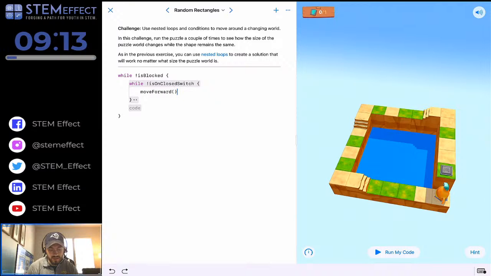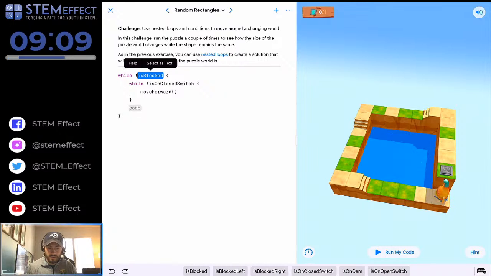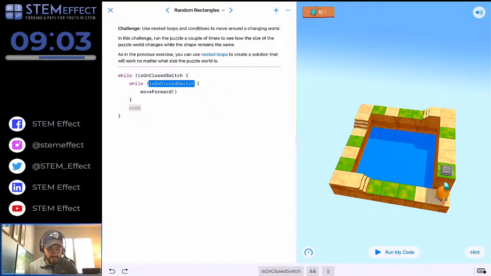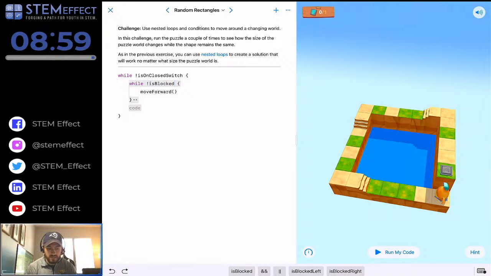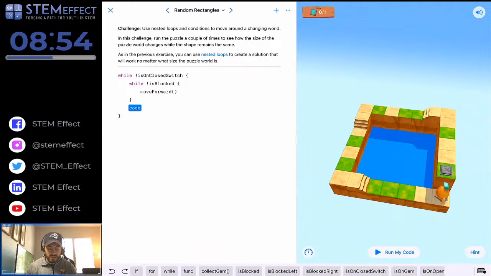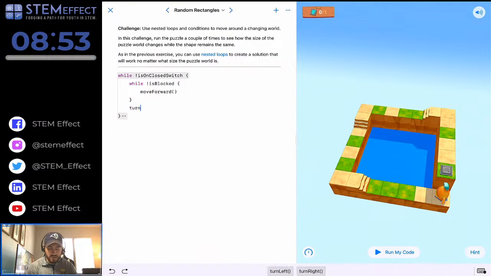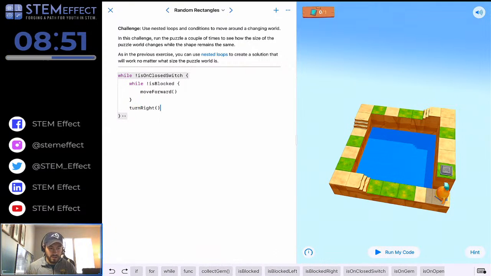We might need to switch those. We're going to need to do while Byte is not on a closed switch and while he is not blocked, move forward, and then when he is blocked, turn right, and then